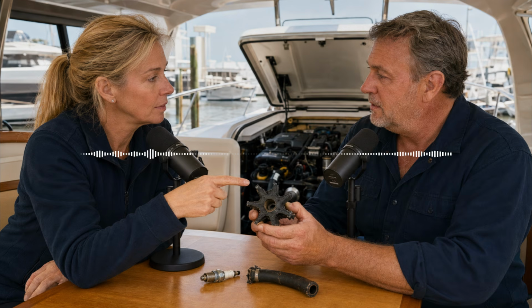Why is this a necessary test? Can I just, I don't know, press the button on the dashboard? I hear this all the time, but pressing the manual test button on your dashboard only tells you one single thing, that the electric motor inside the pump still spins. Okay, isn't that enough? No, because it does absolutely nothing to test the float switch. Ah, the float switch is what automatically turns it on if I'm up on the deck and not paying attention. Exactly. As water rises in the hull, it lifts a little plastic float, which triggers the electrical switch to